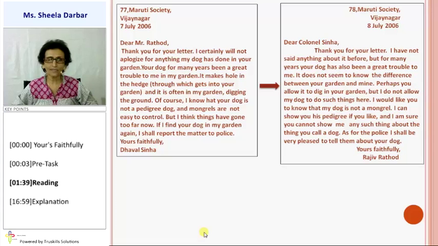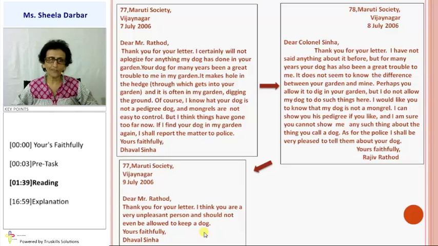Now see how the letters have been written. They are very courteous. At the same time, they are spilling balls of fire at each other. They keep on complaining. They won't come face to face and solve the problem. It shows that they're very fond of writing, and that is why the correspondence.